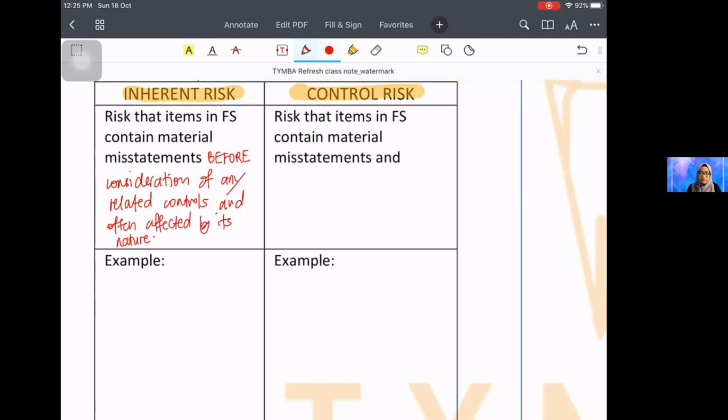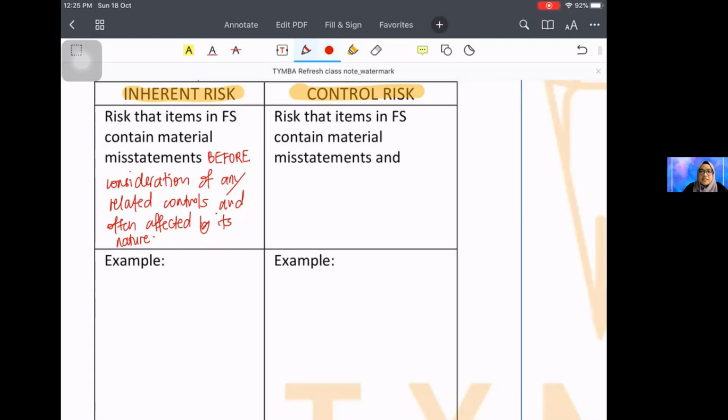Another example would be very simple with estimation account. When we talk about estimation account, it involves judgment. My judgment may be different from your judgment. You can over or under judge something. I can over or underestimate something. So that's why this estimation account, for example, depreciation,